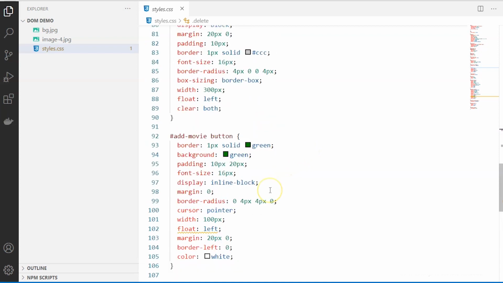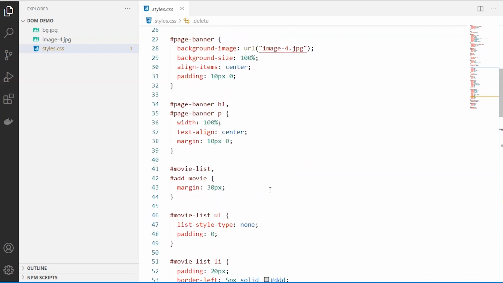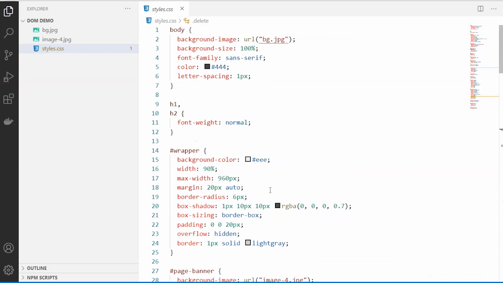And for these labels, and for all the elements that I will be creating now in the index.html, this is the style that I'm going to apply. You can go ahead with your own style. There is no restriction. You can change the color, the alignment, the background layout. It's completely up to you. Our focus is not CSS for this particular demo. Our focus is on JavaScript's DOM manipulation.